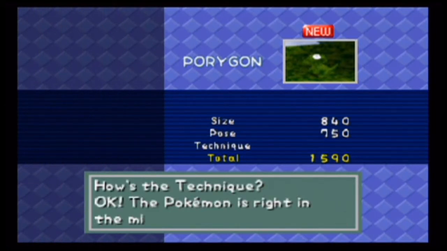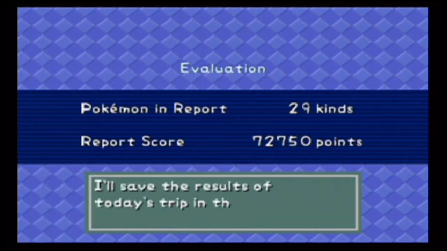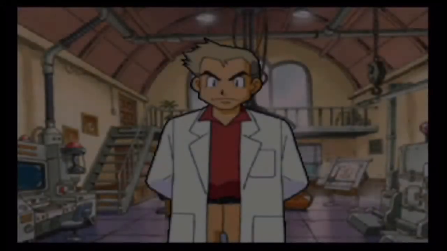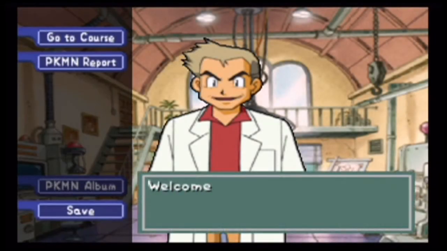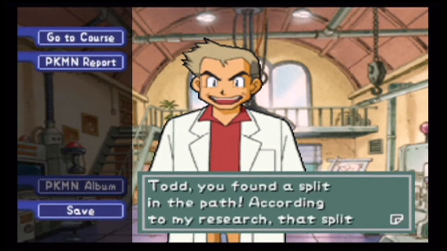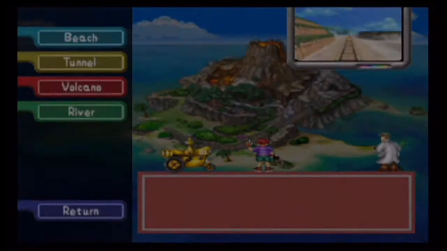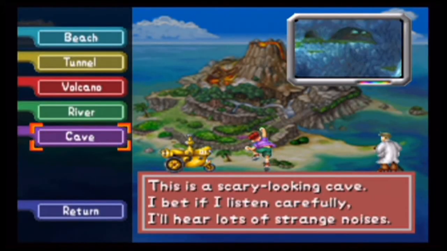Alright, so... Okay, so it looks like it's a very good picture. And it looks like we've got 32 types of Pokemon so far, so I'm pretty sure we're almost at the halfway point in terms of Pokemon we can find. So, yeah, at least we are getting there. Anyway, let's head back in here and we're able to unlock